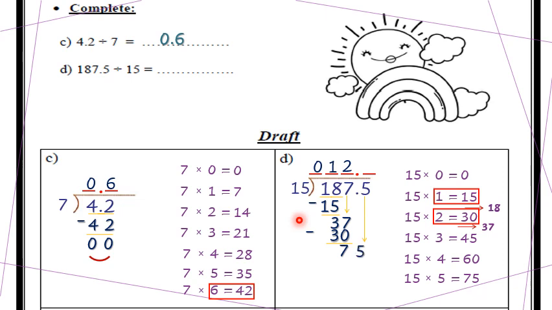And now let's bring down 5. It will be 75. 75 divided by 15. Let me see here in the table. Yes, I have 15 times 5 equals 75. So I'm going to write 5 up. Then 5 multiplied by 15 equals 75. And let's make subtraction. 75 minus 75 equals 0, 0. So the quotient is